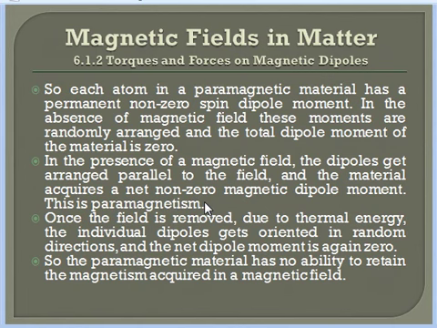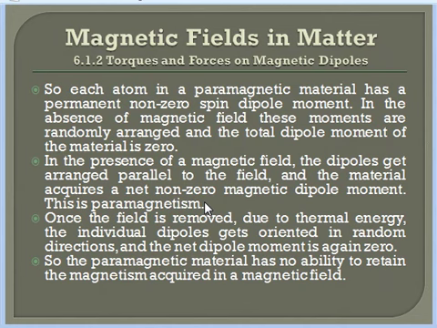It has a net dipole moment, and that net dipole moment will be increasing with the increase in strength of the applied magnetic field. So the material will be linear. Linear means the total dipole moment inside the material is directly proportional to the applied magnetic field. So this is paramagnetism.